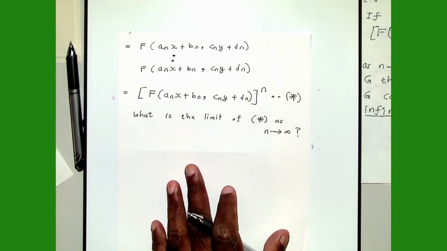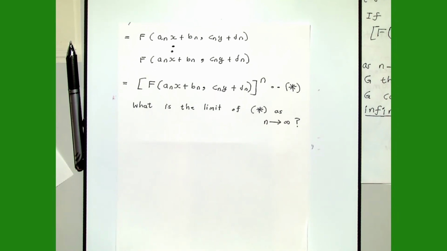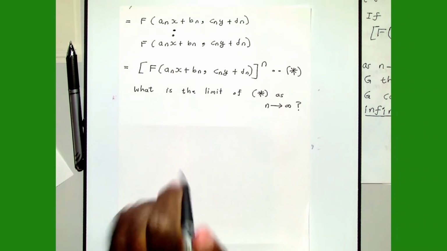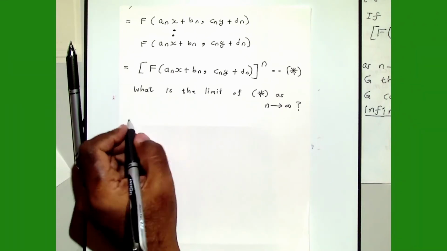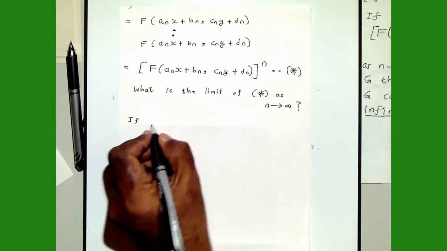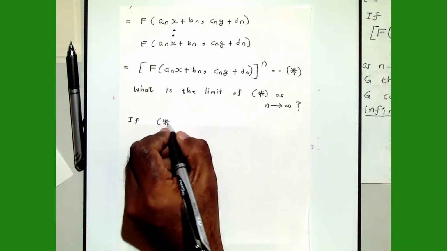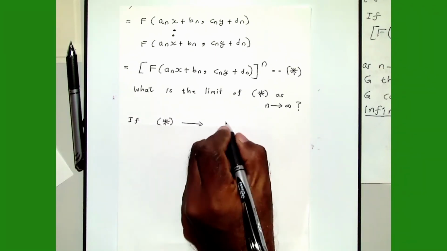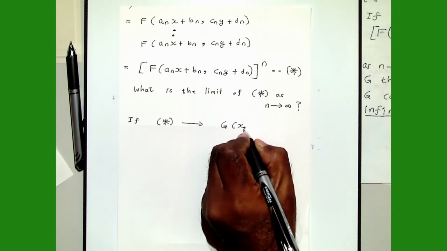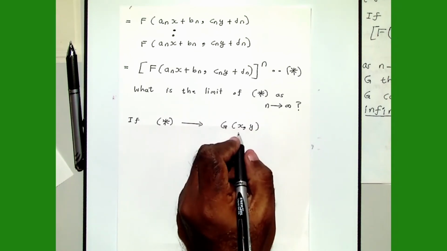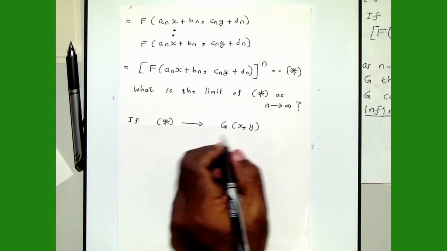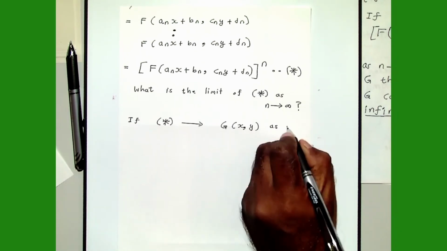But in the bivariate case or the multivariate case, such a result no longer holds true. That is unfortunate. So let me say what happens in the bivariate case. If star approaches, say, a bivariate distribution function G of x comma y, as n approaches infinity,